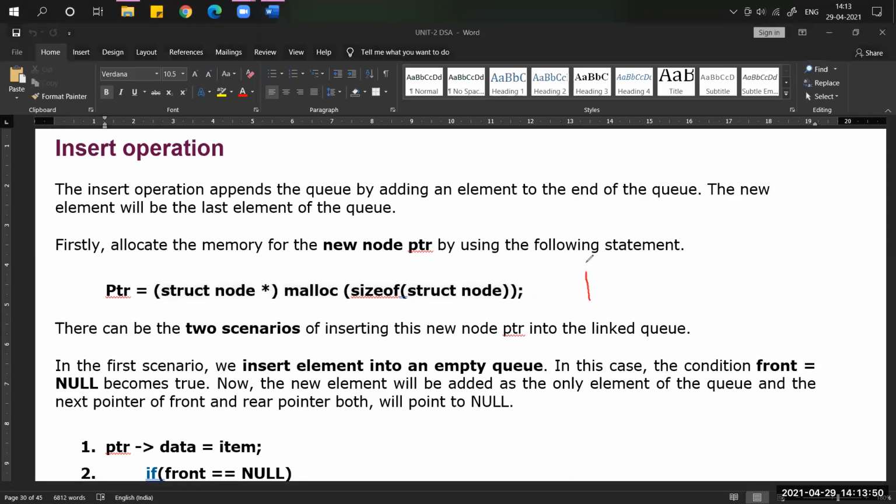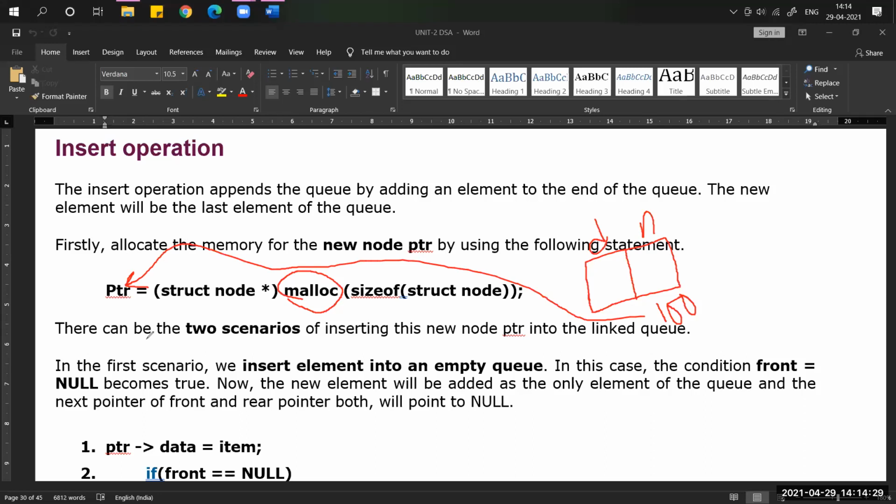See, the memory will be allocated like a struct node, having two parts. This is the data part, and this is the next part. Here, by using the dynamic memory allocation function, I'm going to allocate a memory for this new node. Every node has some specific address. Now I'm just assuming 100 is the address of this new node. This address is stored where? We have to store it in the ptr variable.